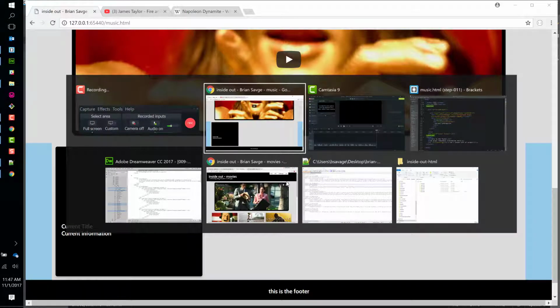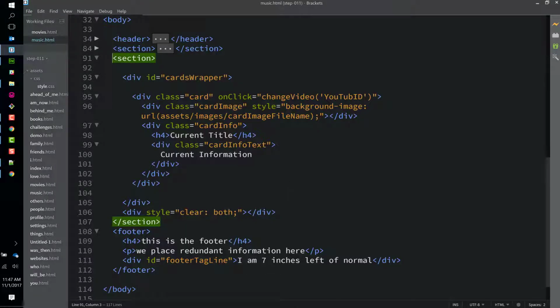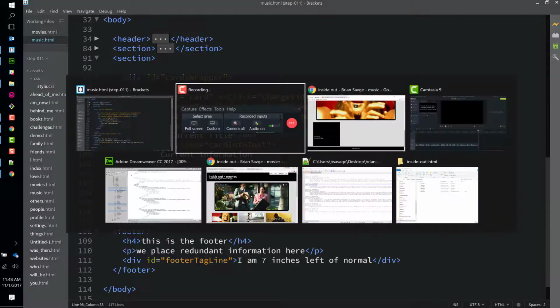One thing that we can do before we go copy paste and put everything in is grab a default file just so that we can see the pictures come into play and have it look nice. And then we'll also have a kind of check and balance to make sure that we've covered each card, because in the end what we're going to do is take this one card, replicate it 6 times on this page and 6 times on the movies page, and then update that information. So I downloaded a file that I'm going to use,